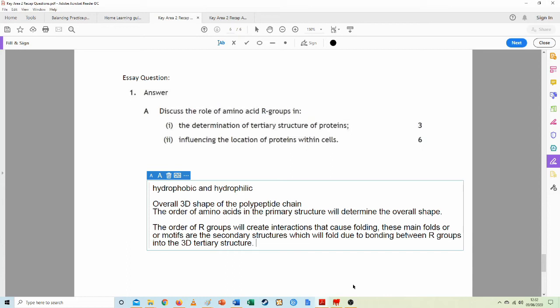So, now I've basically set up, my first line of thought was hydrophobic, hydrophilic, and I've got to talk about that still. I've defined what the tertiary structure is, so it's the overall 3-dimensional shape of that polypeptide chain. It is that shape because of the primary structure. Those R groups create those secondary structures which then fold and contort into the 3D tertiary structure. I have then probably got to say